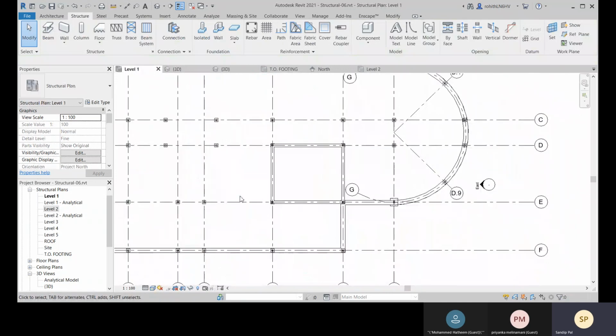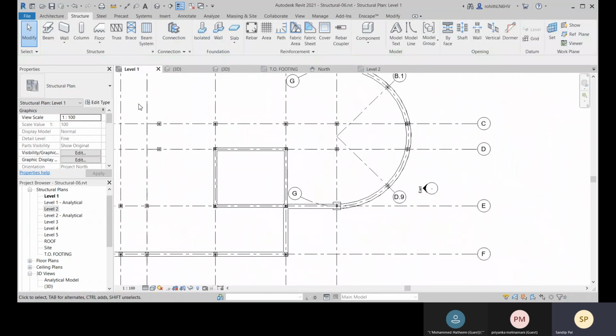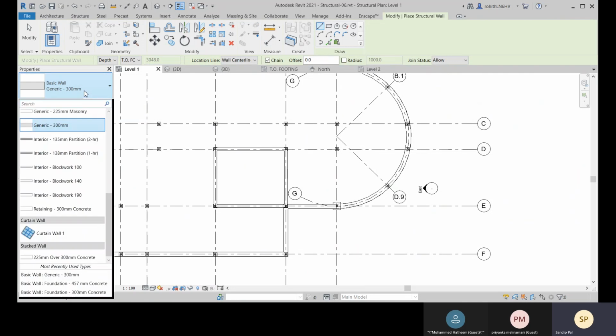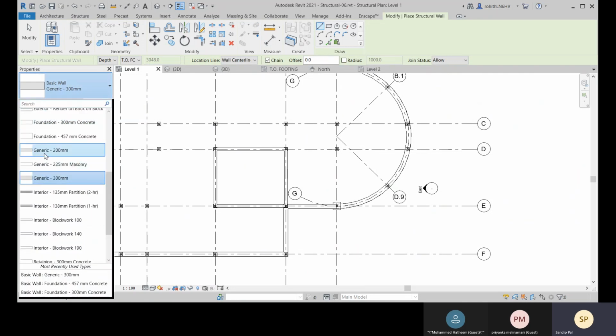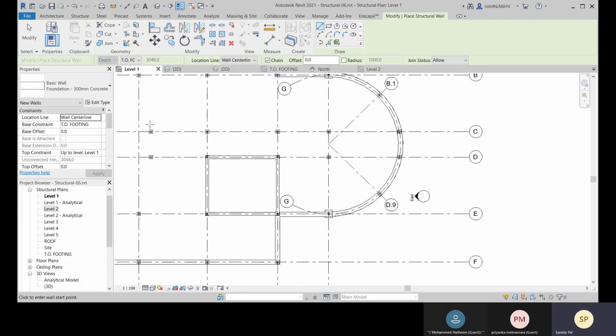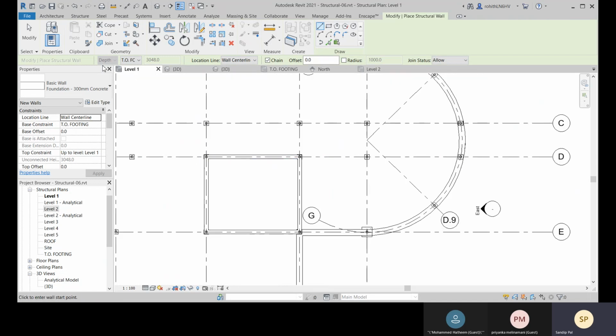And now about placing your foundation wall. With the wall structure, I'll choose this foundation 300 mm concrete, and the base constraint is top of footing and the top constraint is level 1. That is fine. So the depth will be the top of footing.